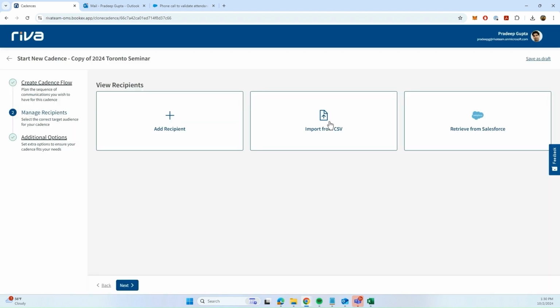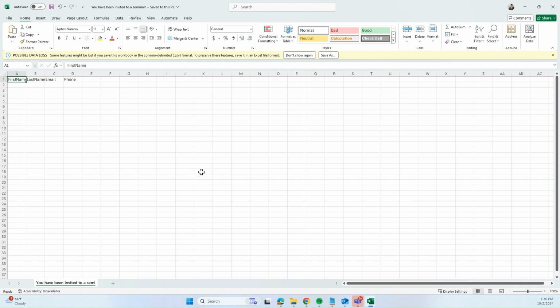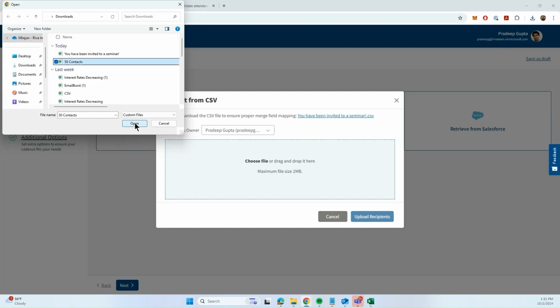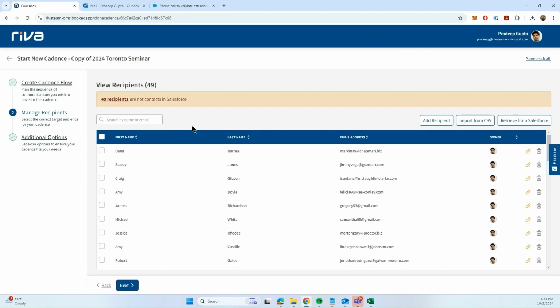The second way is to import recipients in bulk via a CSV file. When I open up this model, you can see that a CSV file has been generated for me. This is an empty CSV file just to dictate what the format of the CSV should be, so that Riva is able to correctly parse the recipients that are in the CSV file. Let me upload a CSV file with 50 contacts as an example. My mistake, it seems like there's only 49 recipients in that CSV file,